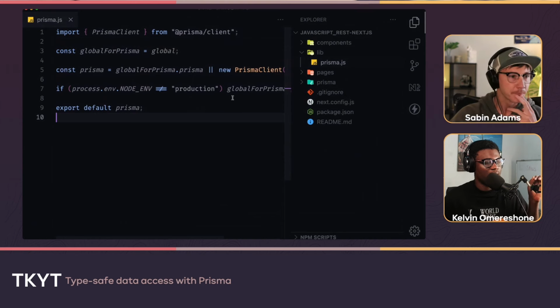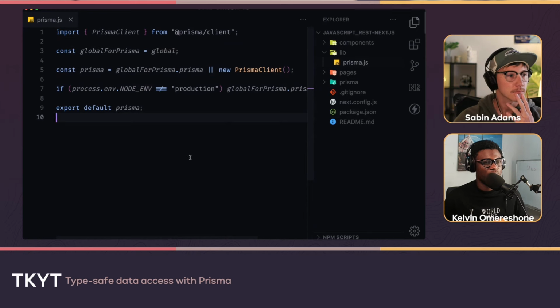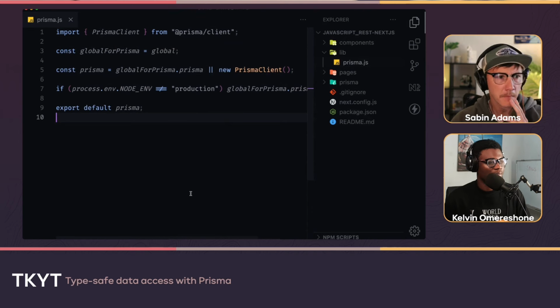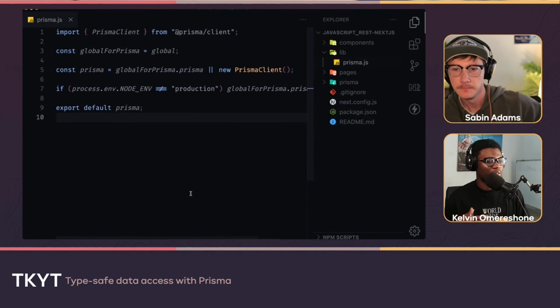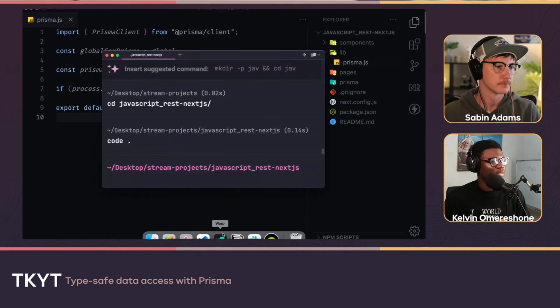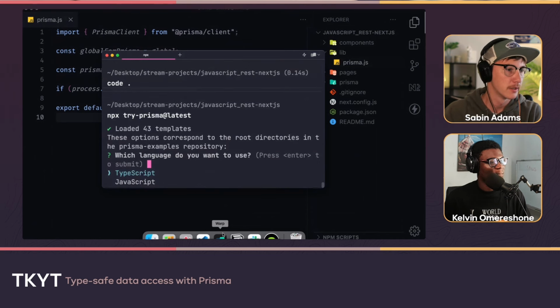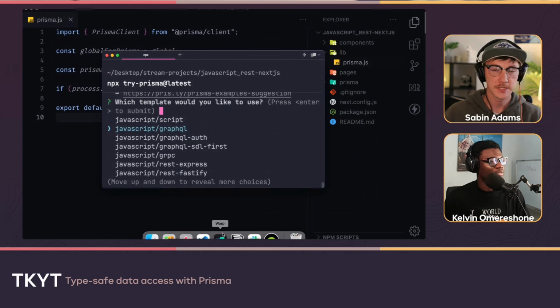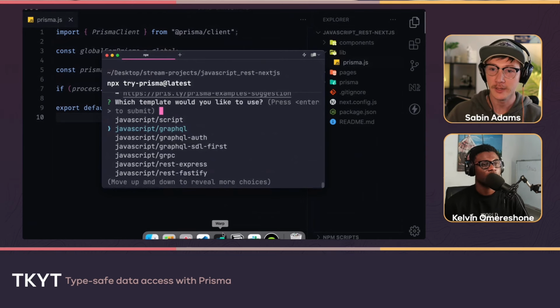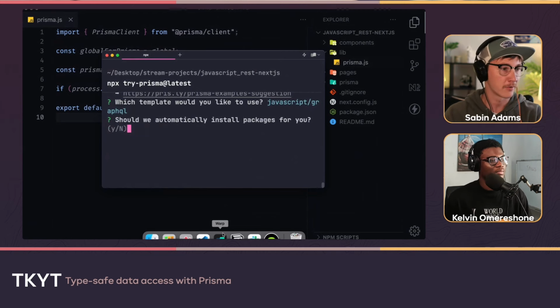I noticed you have a GraphQL thing going. So there's a Prisma GraphQL story too. Where did you see that? Like in try-prisma, I thought I saw a REST and a GraphQL. So that is, let's see here, try-prisma, JavaScript. Yeah, so this would be another starter application that uses GraphQL. So if we wanted to pop that one open,